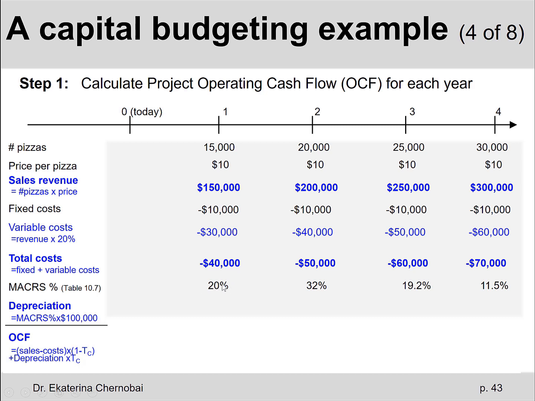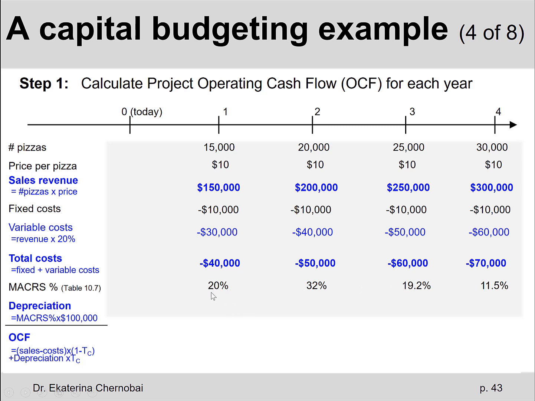Okay, so it's 20% in the first year, according to that MACRS table for the 5-year property class. 20% of what? 20% of the initial value. What's the initial value? That's by default how much we are paying to buy all the equipment in year 0. And that's given, $100,000. So for every year of this 4-year project, we would need to take $100,000, the initial investment or the initial book value, and multiply it by the respective depreciation rate for that year.